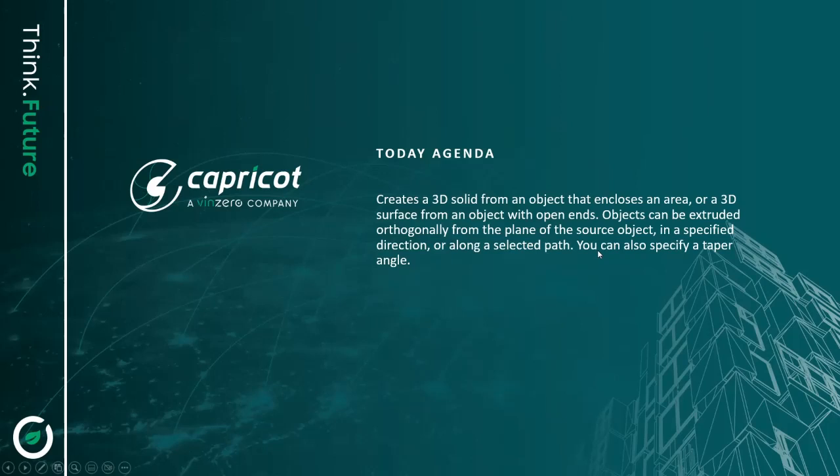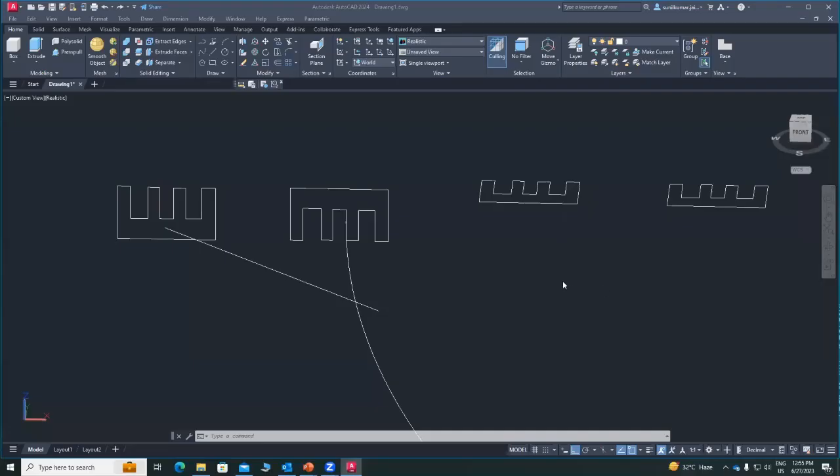So let's move to the AutoCAD screen and see how to use the Extrude command. As we can see, this is my AutoCAD screen and there are some profiles I have created. First of all, let's see how to use the Extrude command. So firstly, what is the Extrude command? The Extrude command is used for adding material